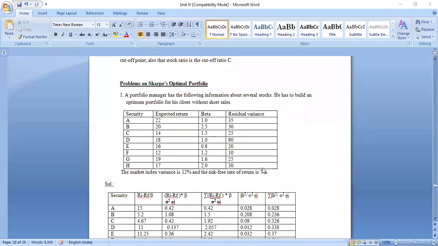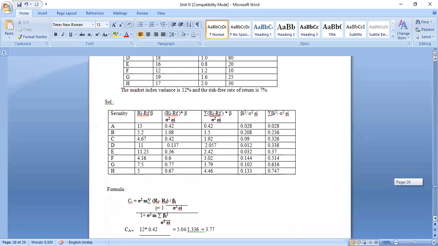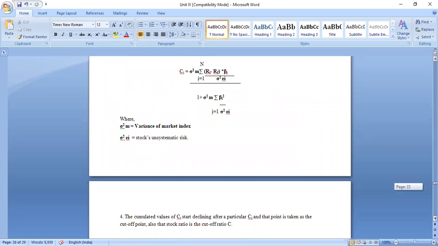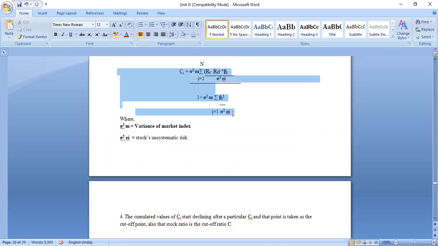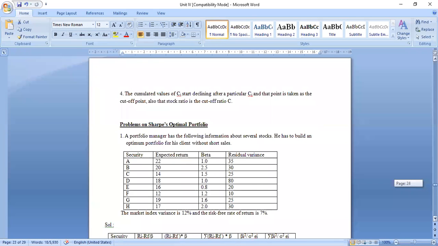In yesterday's class, we had seen this particular formula and we have also completed this chart of calculation, as per the formula which is stated to calculate Ci. In today's session, we will see the calculation of Ci and the proportion of investment that an investor can make, out of maximum proportion of investment and the lowest amount of investment. We are going to calculate that with the help of Ci, and then we are going to calculate the proportion of investment. Now this is a problem which has selecting the portfolio without short sales.